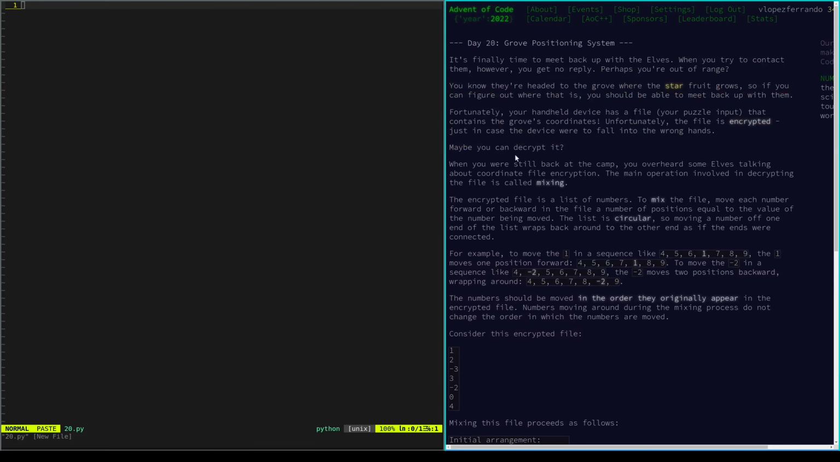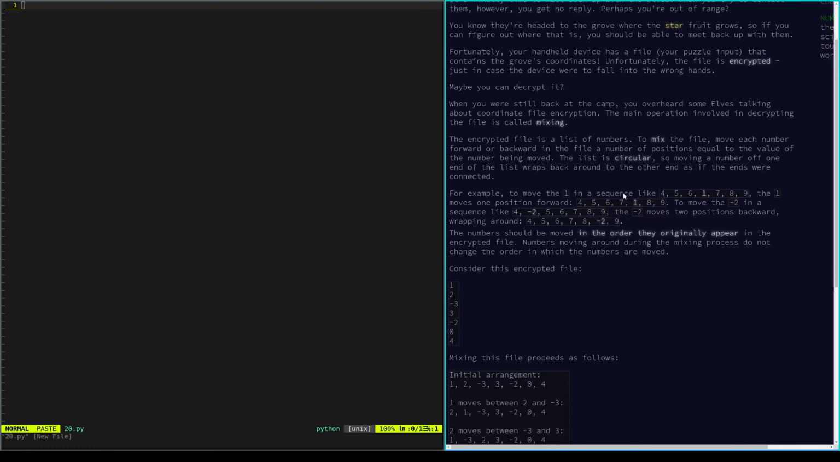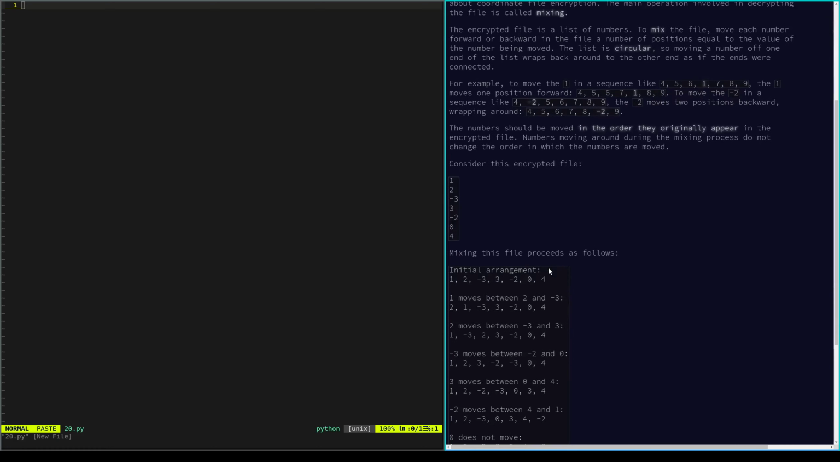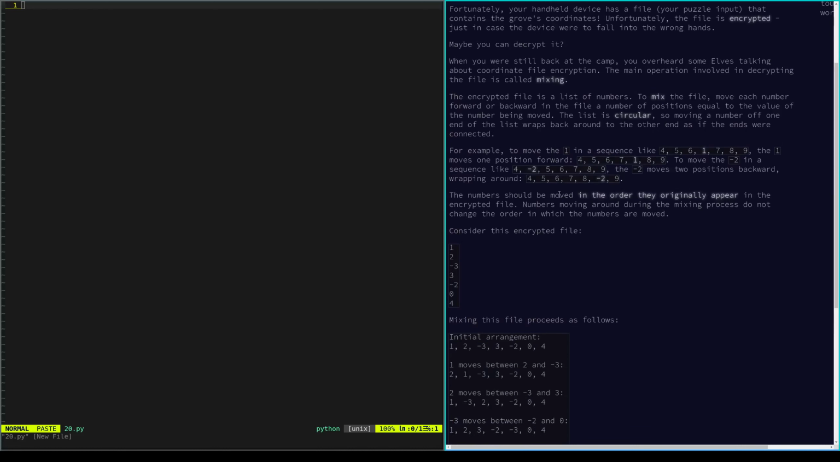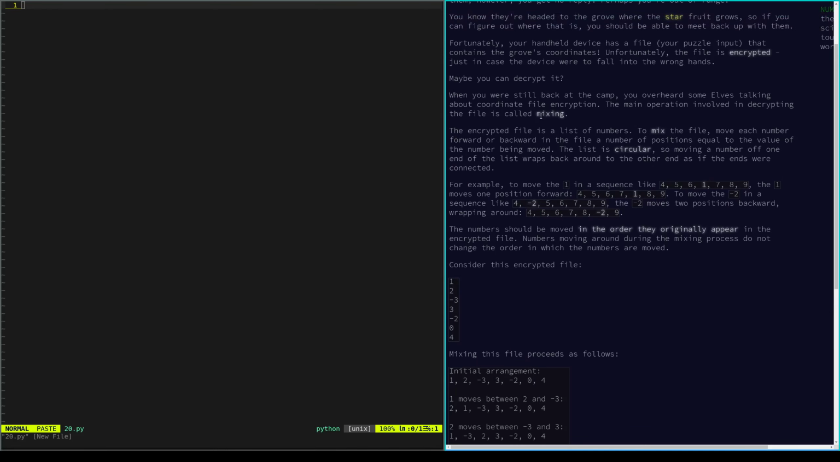So this is an encrypted file where you do some mixing. Okay. To mix the file, move each number forward or backward in the file a number of positions equal to the value of the number being moved. Okay, the list is circular. Okay, so we need to move